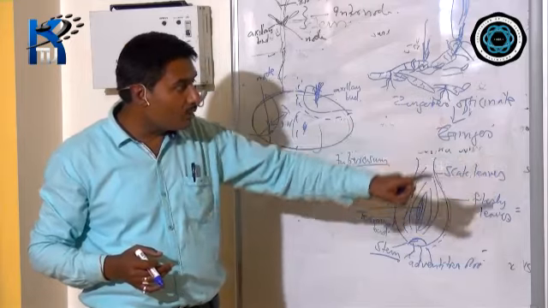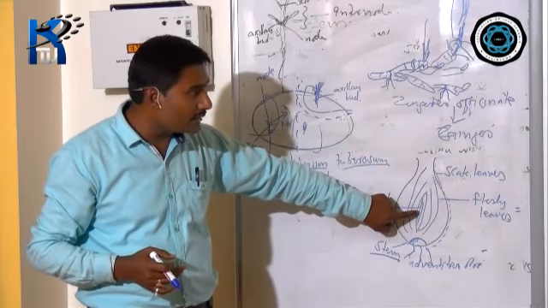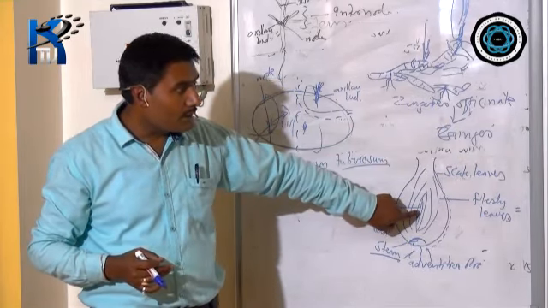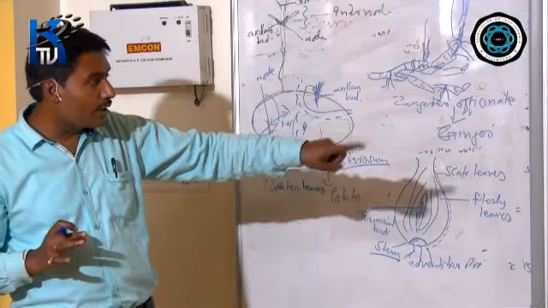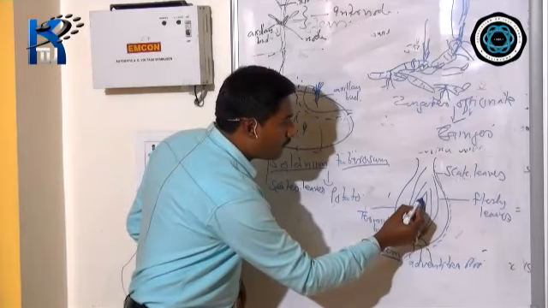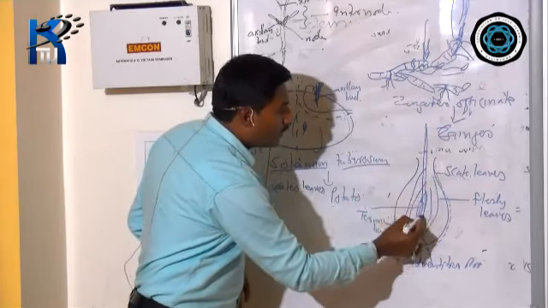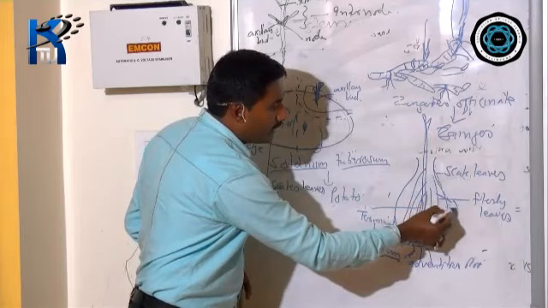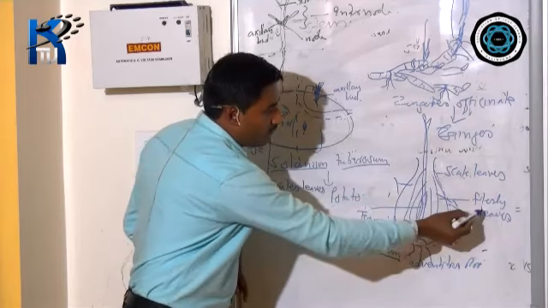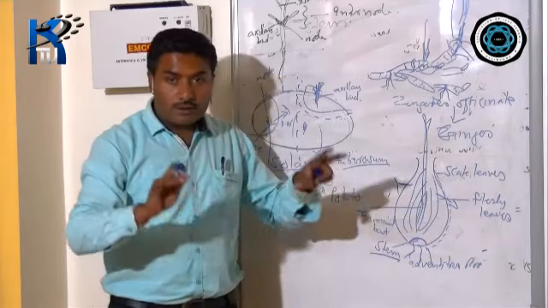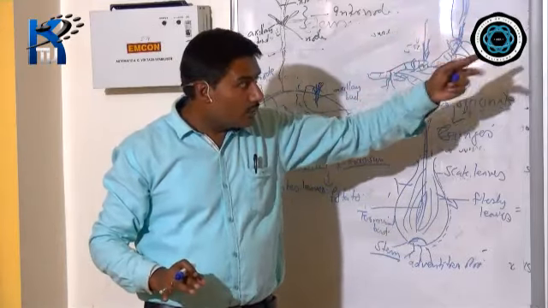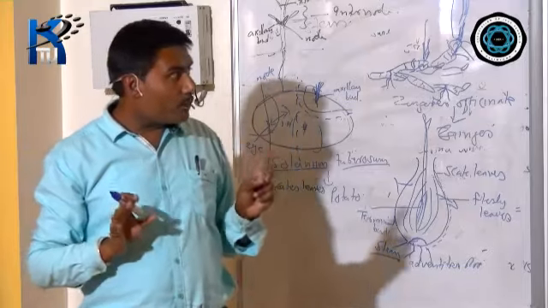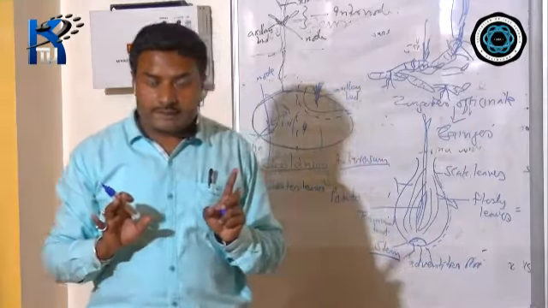Between the leaves, there are one or more terminal buds. The middle one is the terminal bud. Leaves are modified, and the terminal bud grows into a new shoot. This terminal bud only grows into a new shoot. And finally, these scale leaves and fleshy leaves decay, giving rise to a new plant. So this is vegetative propagation by underground stem.